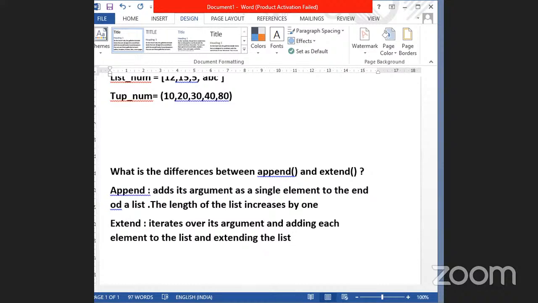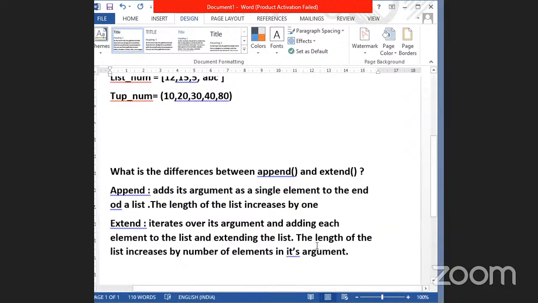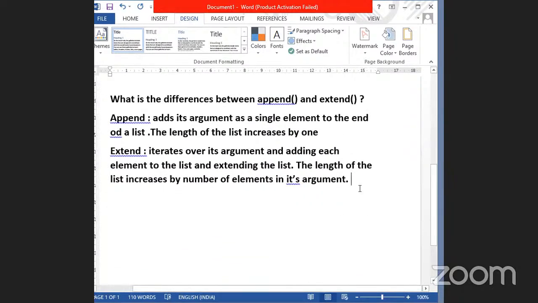And the length of the list increases by the number of elements in its argument. Okay,